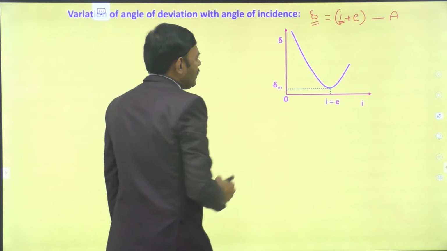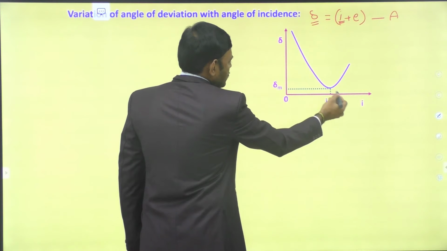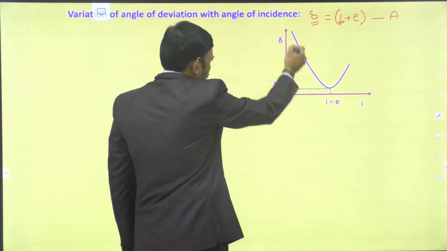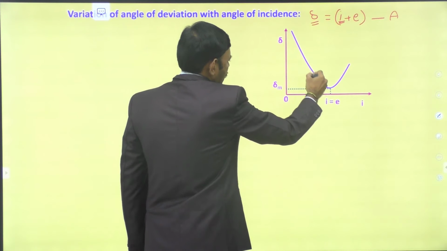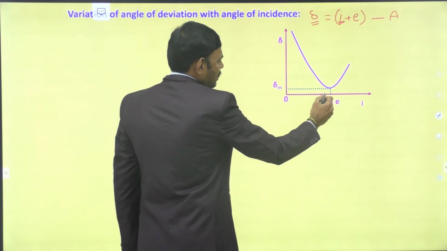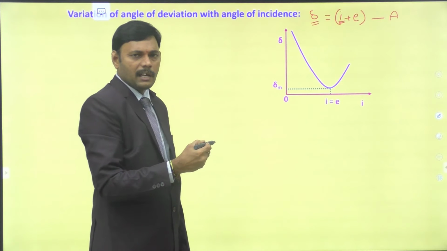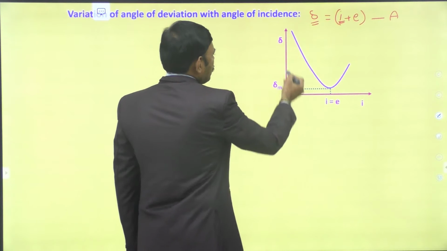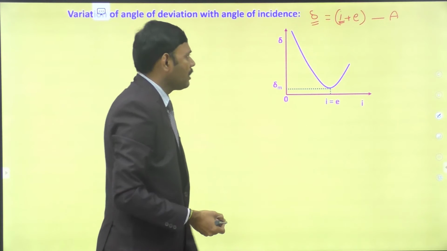The minimum deviation, we are getting minimum deviation here. See, the minimum deviation is delta m. The minimum deviation is possible when the angle of incidence is equal to the angle of emergence. So the graph shows that with increasing angle of incidence, the angle of deviation goes on decreasing, until the incident angle is equal to the emergent angle. Incident angle is at the first refracting surface, emergent angle is at the second refracting surface. At the point where the angle of incidence is equal to the angle of emergence, we have minimum deviation, delta m. Deviation got its minimum value, let it be delta m.